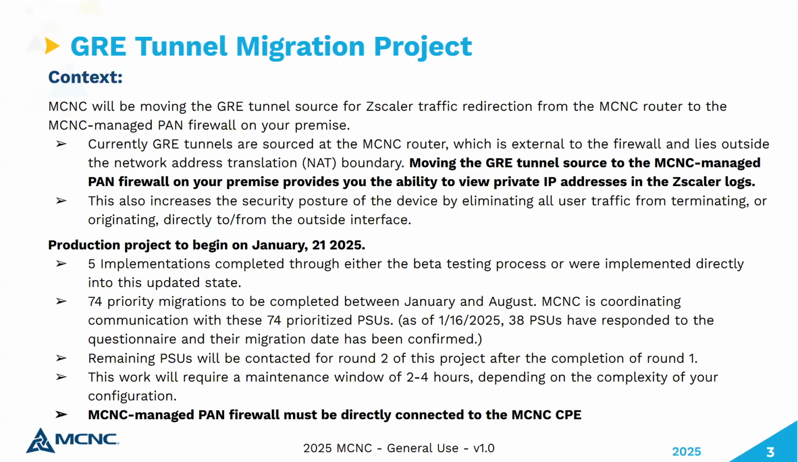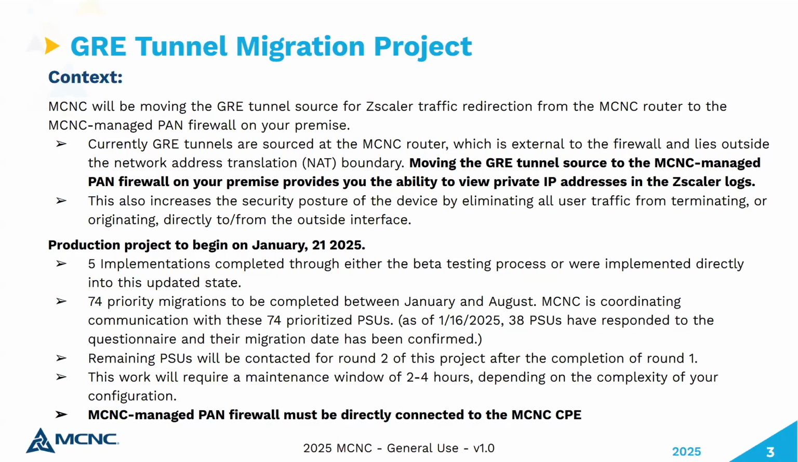I think most of you know, prior to moving to the PAN firewall, we were sourcing the tunnels at the CPE, and that was primarily because the NCDIT ASA platform did not allow us to source the tunnels from the firewalls there. So now that we've moved to the PAN and the PAN has that capability, we're moving it to the PAN, and what that's going to allow us to do is